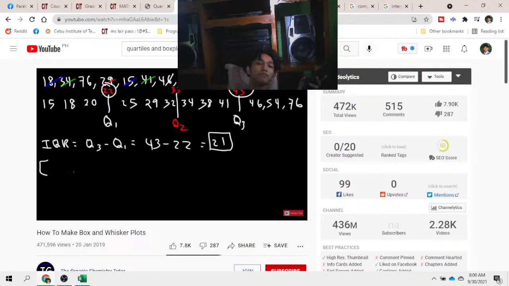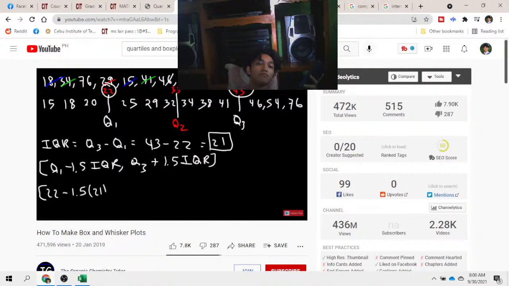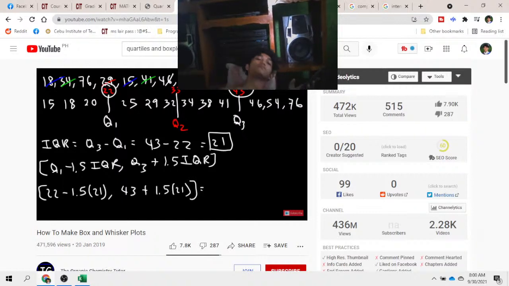Our next step is to see if we have any outliers. So first, let's calculate the range in which no outliers should exist. So Q1 is 22 and IQR is 21. Q3 is 43. 22 minus 1.5 times 21